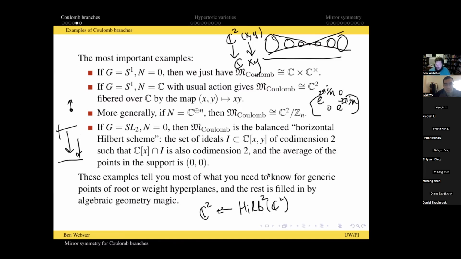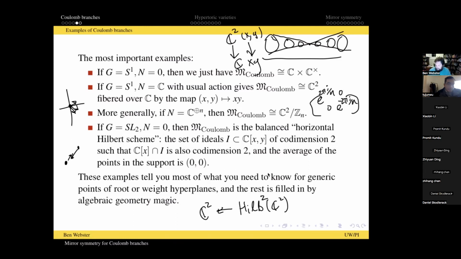So I'm still getting some extra stuff coming from the fact that I can have my point at 0, 0, and I can have fat points pointing in lots of different directions as long as they don't point vertically. Right? So the important thing about the Hilbert scheme is when two points come together, I remember the slope that they came together on, right? I don't just end up with 2 points sitting together. I end up with 2 points and a slope, and I'm just excluding that slope being vertical.